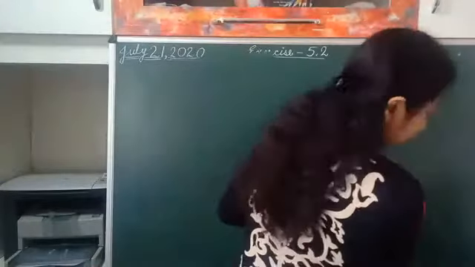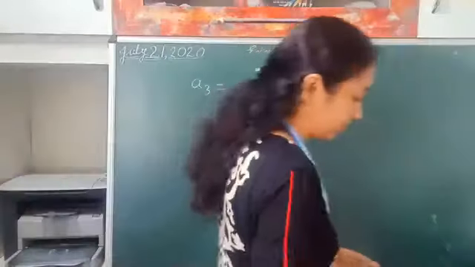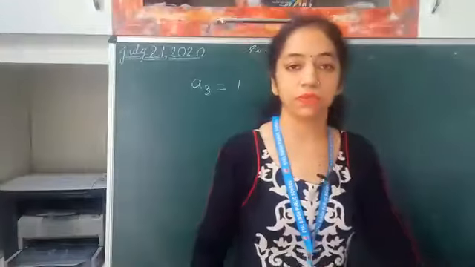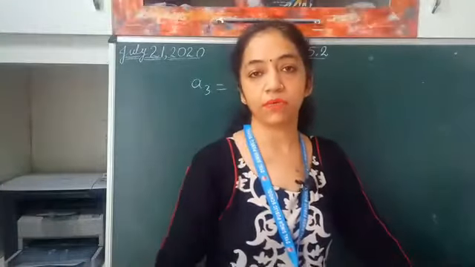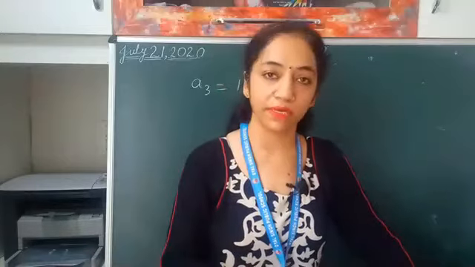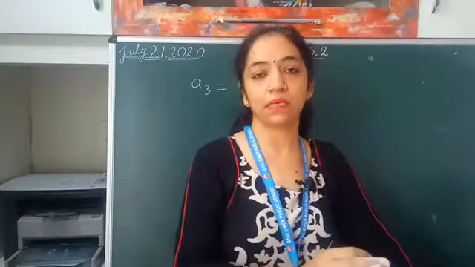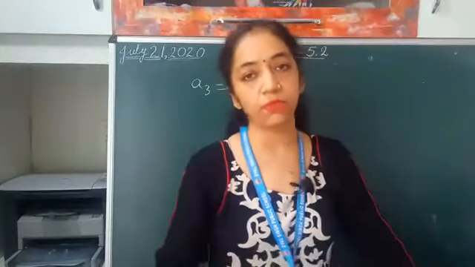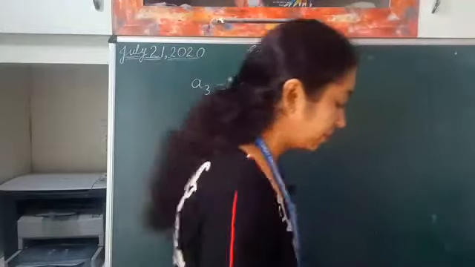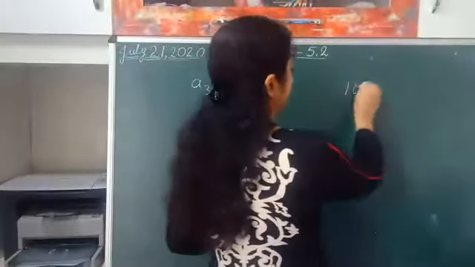लास्ट टर्म कहने का मतलब क्या है? कौन सी टर्म गिवन है? L, nth टर्म. ठीक है. अगर आपको इसकी कोई एक पर्टिकुलर टर्म फाइंड आउट करनी हो तो हम an यूज करेंगे, और इसकी लास्ट टर्म फाइंड आउट करनी हो तो भी हम an यूज करेंगे. ठीक है. तो ये फॉर्मूला बहुत जगह पे अलग अलग तरह से यूज हो सकता है. स्टेटमेंट विल बी डिफरेंट, बट यू हैव टू डिसाइड दैट व्हिच फॉर्मूला यू आर गोइंग टू अप्लाई. राइट? 50 terms are total, third term is 12 and last term is 106.